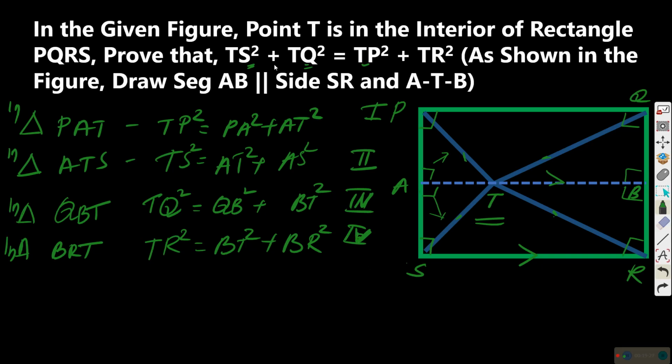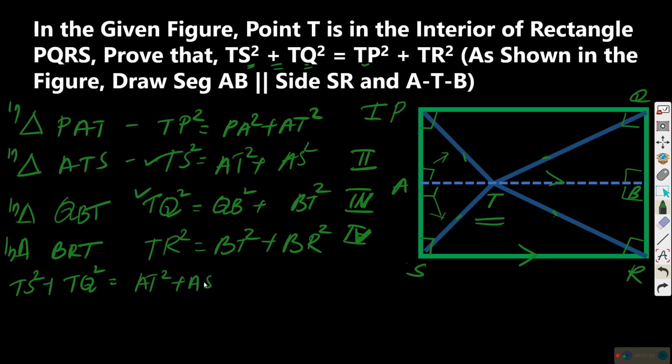And we will equate all this. Equate in the sense that whether any interchange or exchange is possible. We should look into that, and in that case, first one side we need TS square plus TQ square. We will write that first. TS square plus TQ square is equal to, we will make an equation.